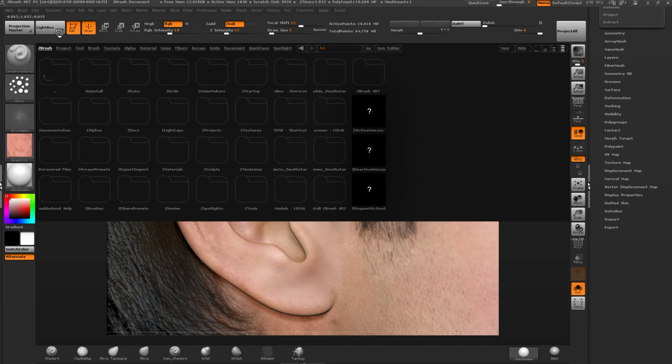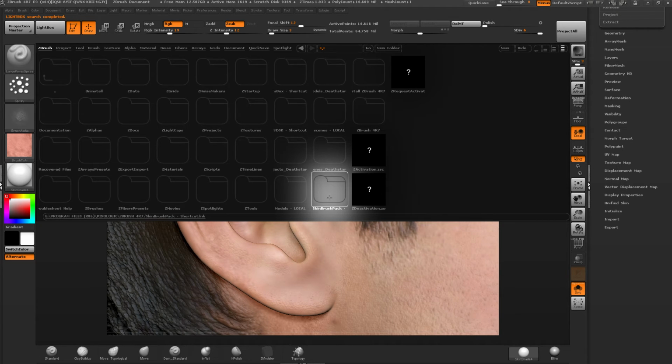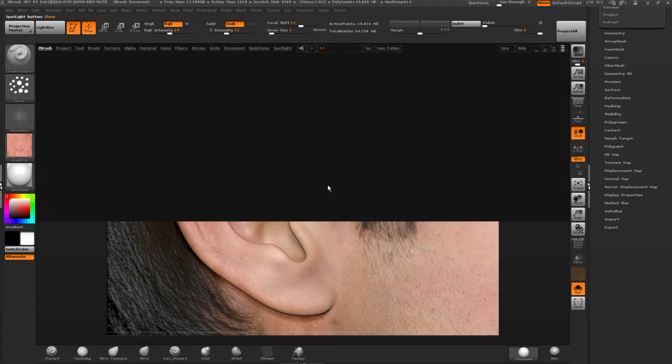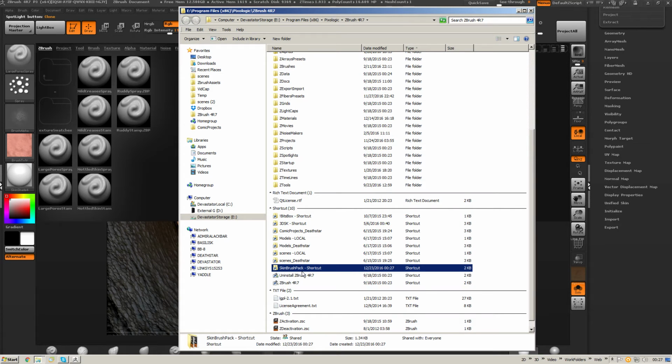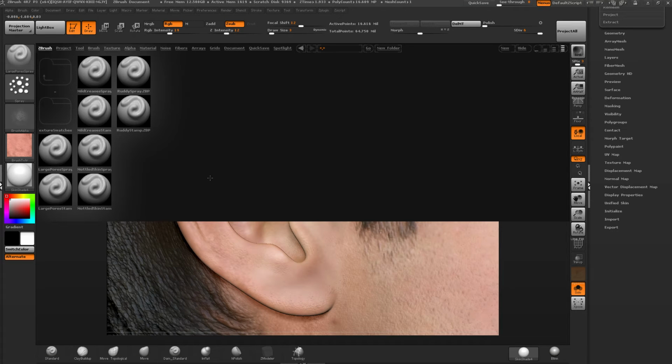So now if I go back to ZBrush and close up the Lightbox, the next time I go into the Lightbox, I should have right in here, there we go, ZBrush Skin Pack. So now I have a shortcut directly to that folder of brushes. You could do that for one folder of brushes. I've done that for a number of different directories that are important to my day-to-day work, but this is just a quick method for putting things you know you're going to use frequently in a quick, easy to get to